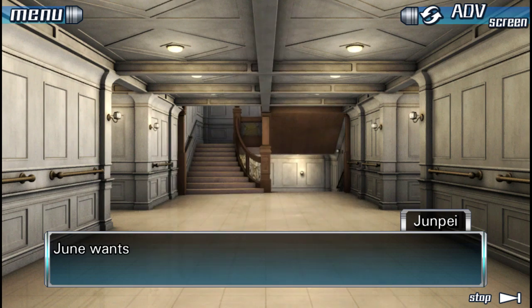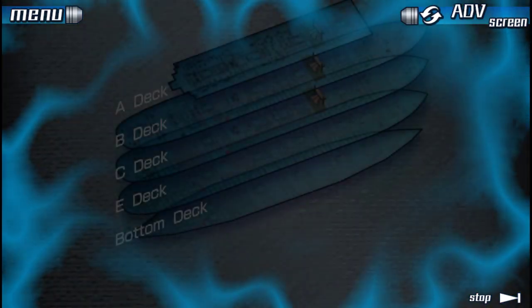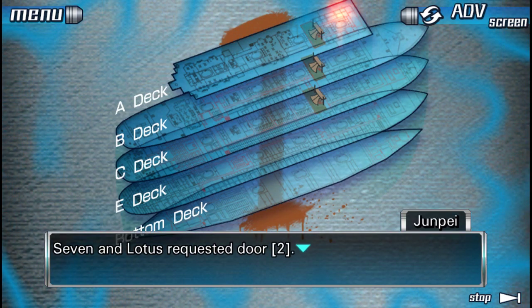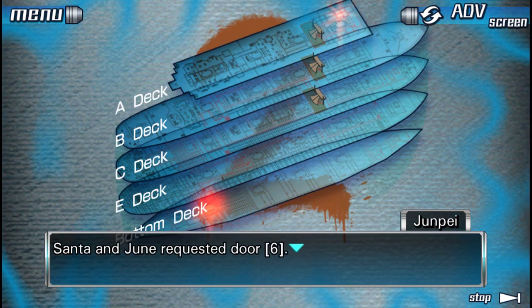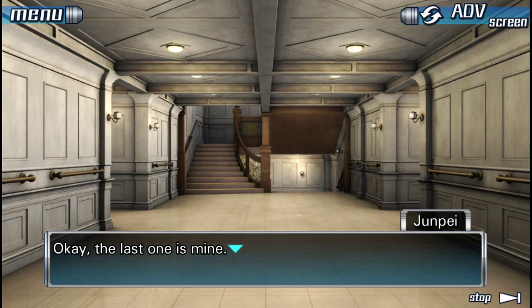Right. June wants door 6. Yes, I don't really have a reason. I just felt like it. So this was everyone's vote. Ace and Clover requested door 1. 7 and Lotus requested door 2. Santa and June requested door 6. Then the door I should choose is... Okay, the last one is mine. I want to go through...